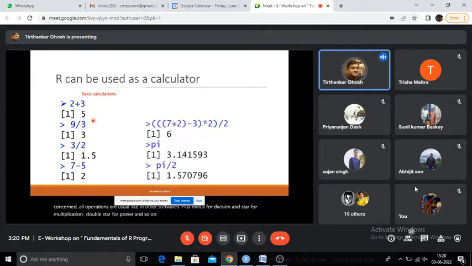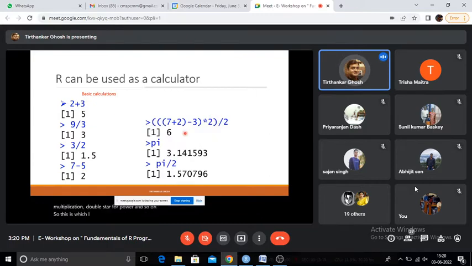So this is which I already mentioned about. And in this particular right hand side, what we are mentioning is that for mathematical preferences, when we do a series of computations in a single line, the mathematical preferences also take place as per the mathematical rule of calculations. Okay, and then it also has some built-in functions.